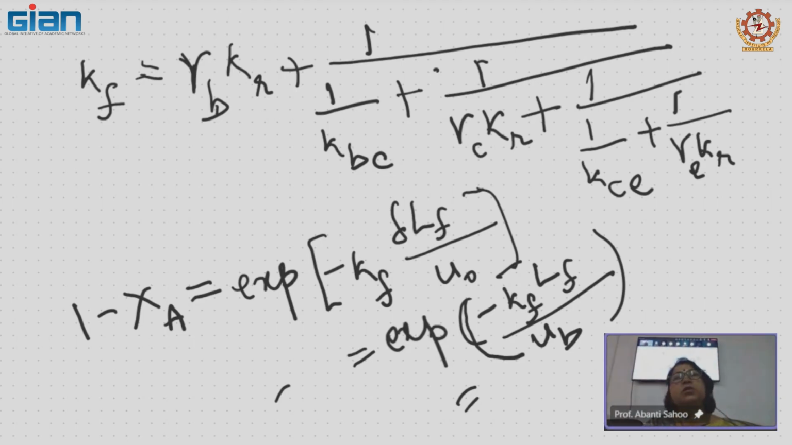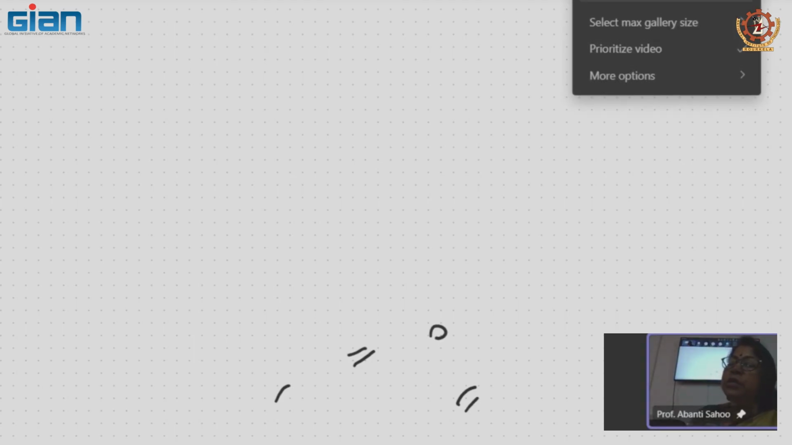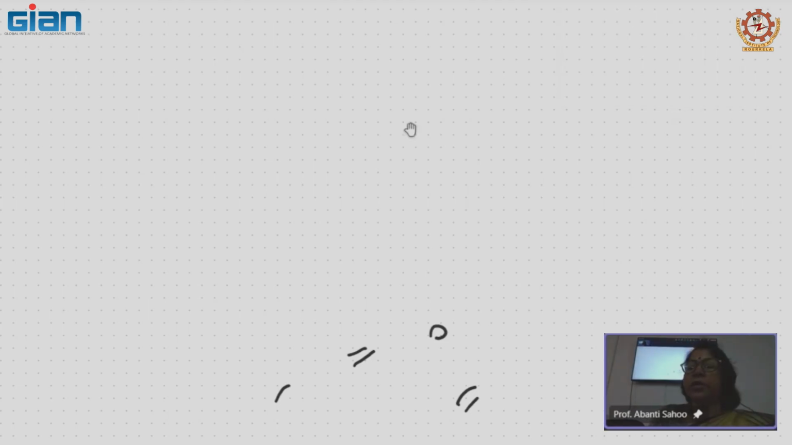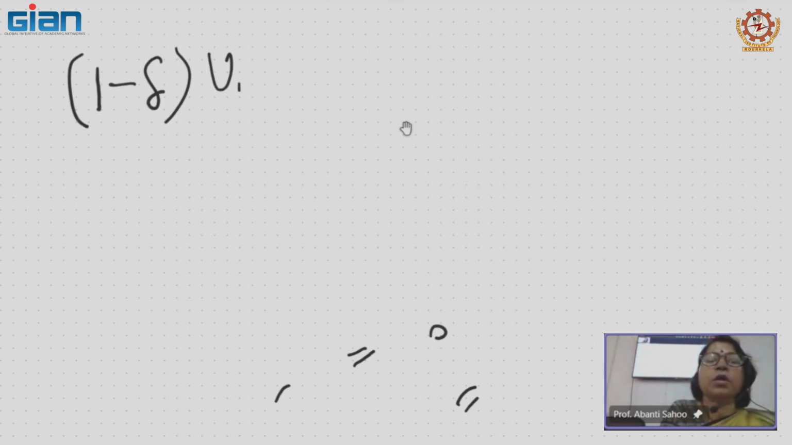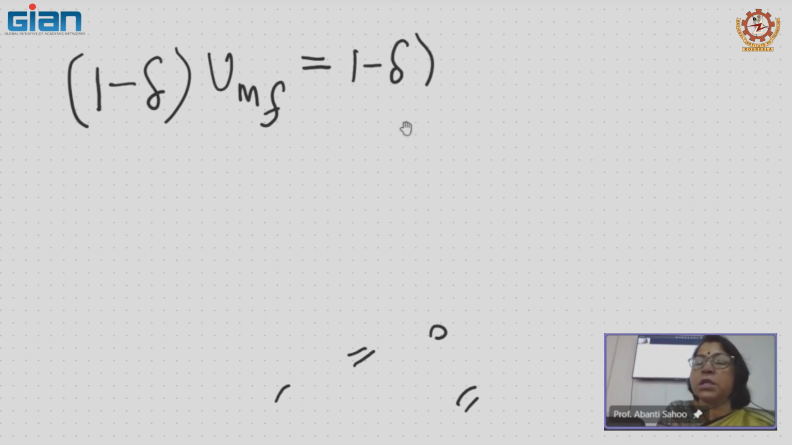So, this is for the first model. Now, for the second model, just similarly, where the intermediate size particles are there, here in symbols we can write for the second type of model, intermediate size particles: it is 1 minus delta into UMF equal to 1 minus delta into 1 minus epsilon mf